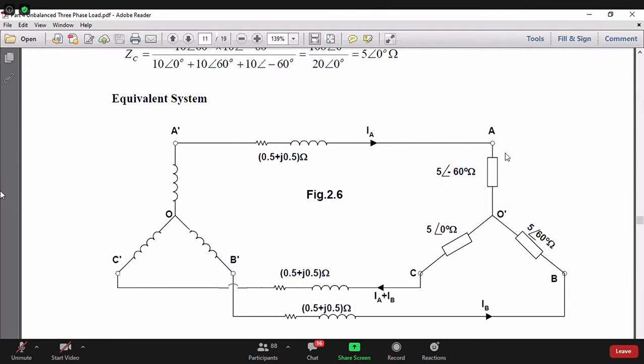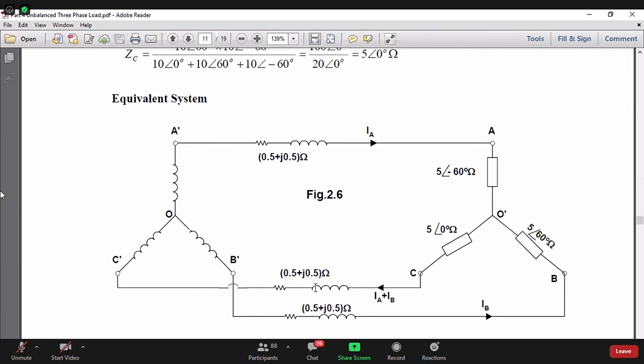Now you see this is the case. What we will do is, I will take this line impedance in series with this and just change this value. So I will have three different values. You get my point? Because this is a series circuit, impedances are added. So what is the total impedance of the A phase? 5 angle minus 60 plus this. Then I will say that as if the line has zero impedance and this impedance has been changed. So it is an equivalent representation. Similarly, all these three impedances are changed and I am assuming line impedance to be zero.